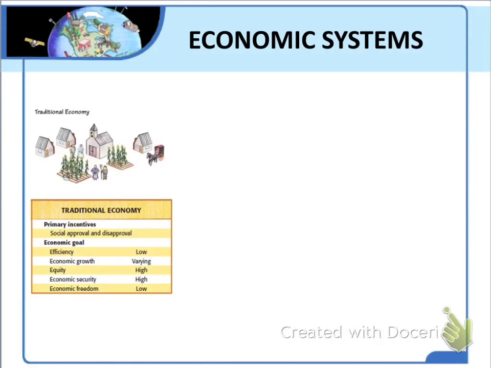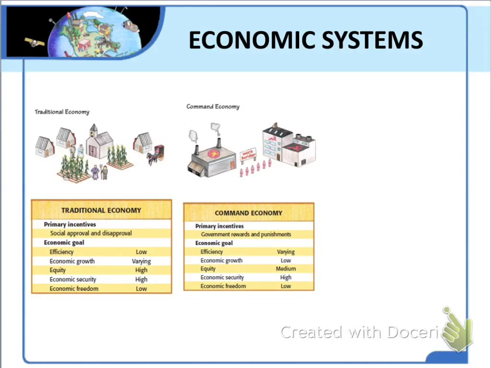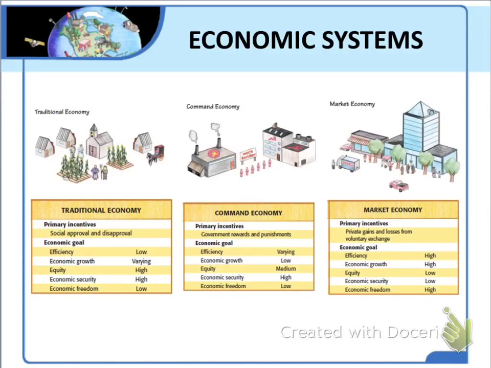Now, this chart right here summarizes the differences among the 3 economic systems in their purest forms. This chart summarizes the primary incentives of a traditional economy and how well it meets each of the 5 economic goals. This next chart does the same thing for command economies, and the final chart does so for a market economy. So if I were you, I might pause the video at this particular point and copy these charts down into my notes so that you have a quick and easy summary of comparing the major incentives of each of the 3 economic systems we've just studied and how well they achieve each of society's primary economic goals.